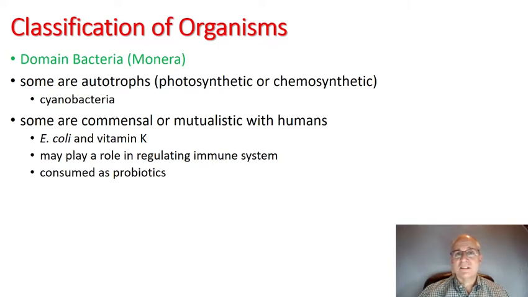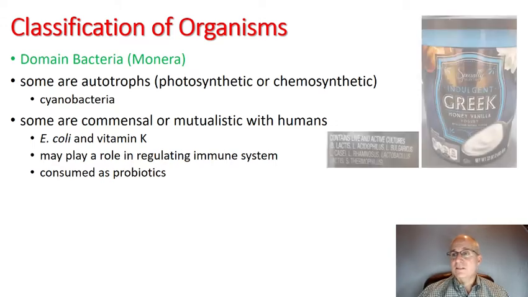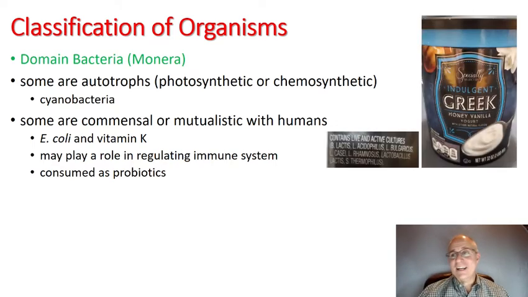There's also been some evidence recently to show that some bacteria living in and on our body actually produce chemicals that help us regulate our immune system. And sometimes we'll actually take supplements of those bacteria, and they're called probiotics. Some people like me just like it when those bacteria are added to dairy products, and it gives us things like yogurt here. And if you look, I took a picture of a yogurt that was in my refrigerator, and it says on the label it contains live and active cultures of Lactobacillus acidophilus and Lactobacillus bulgaricus and some other bacteria here.